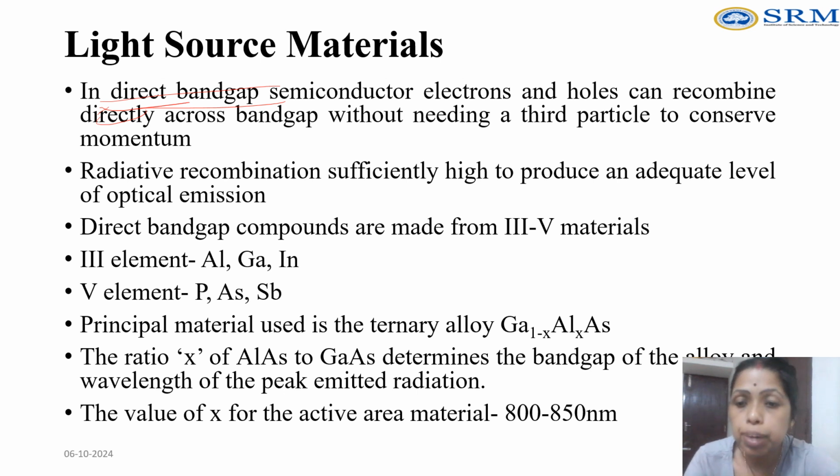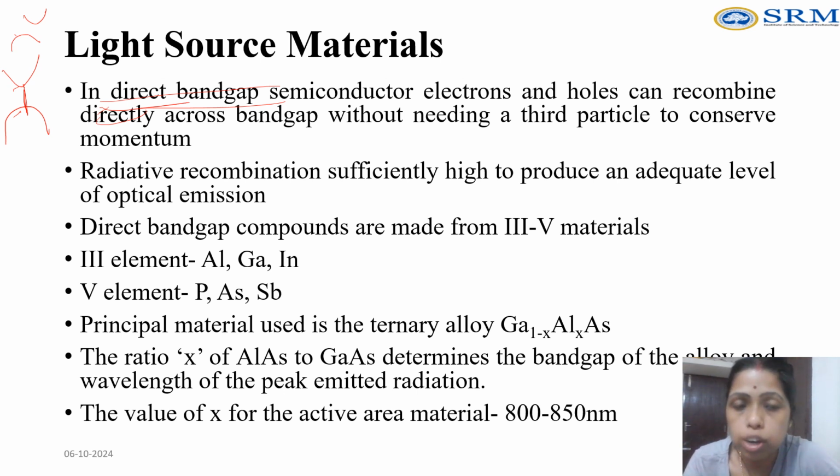The direct band gap semiconductor means the conduction band minima and the valence band maximum both will be at the same point. No need to change the momentum for the direct band gap. For an indirect band gap, the conduction band minima and the valence band maximum will not be at the same point, so they can release a phonon instead of a photon. So for getting a good light emitting diode, you need the direct band gap semiconductor